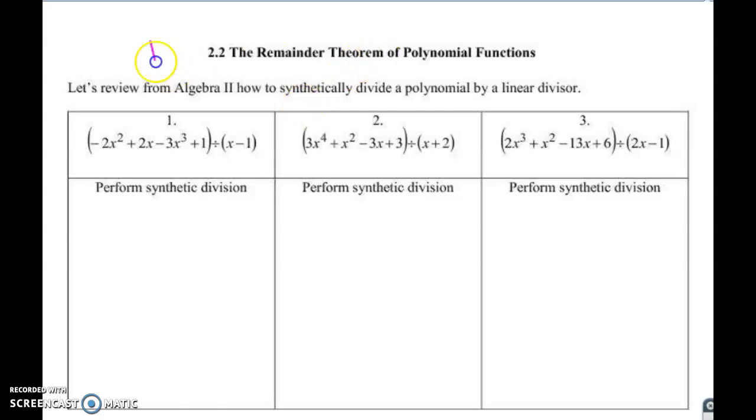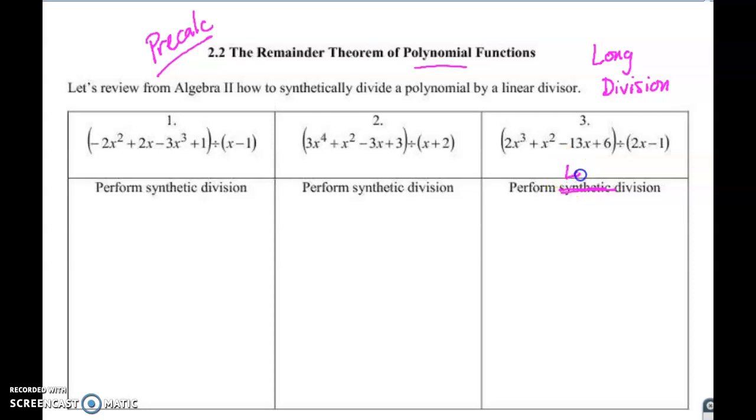Welcome back, Pre-Calc. We're doing 2.2 now, the remainder theorem, which involves polynomials. What I do want you to remind yourself of is there's synthetic division and then there's also long division. I would like you to be able to use both. Most of the problems that we do will involve synthetic, but I'm actually going to do this one, number 3